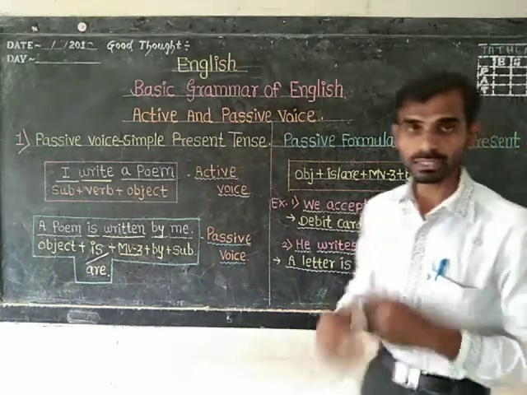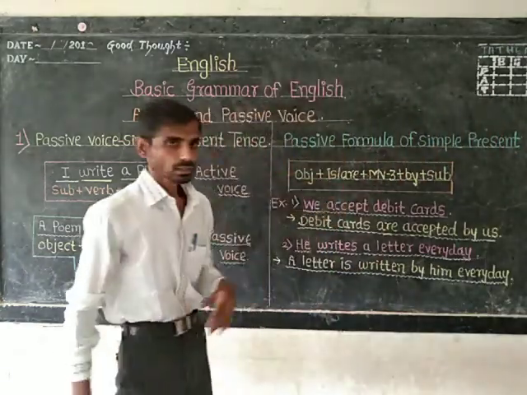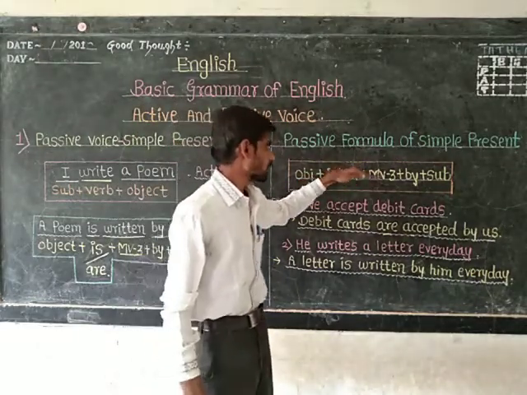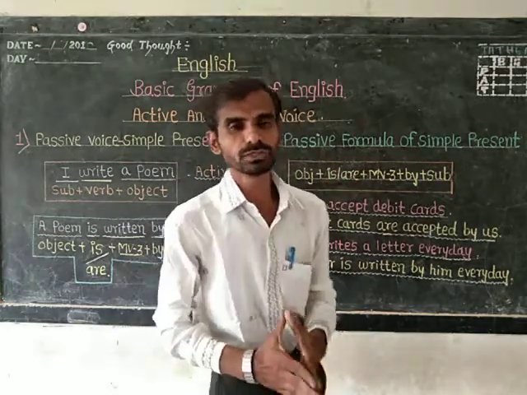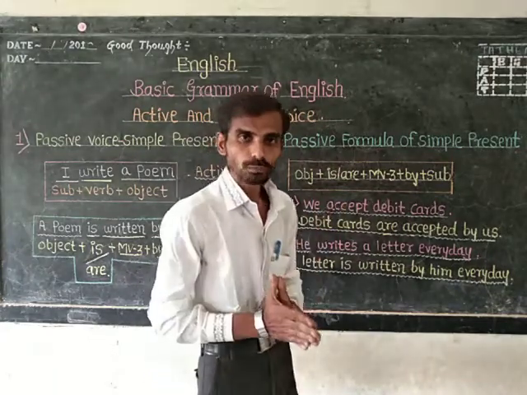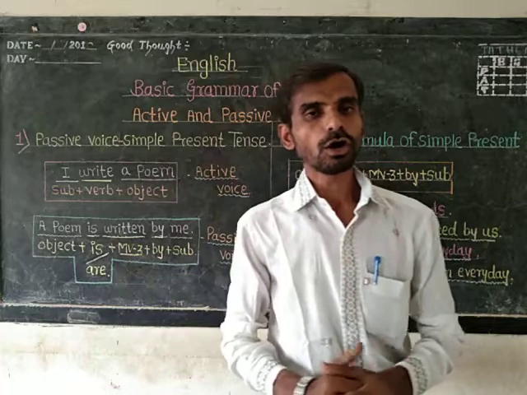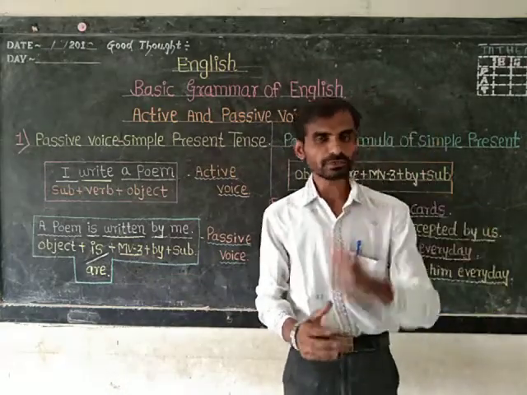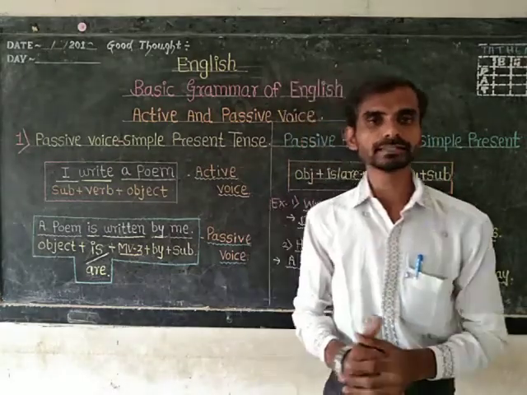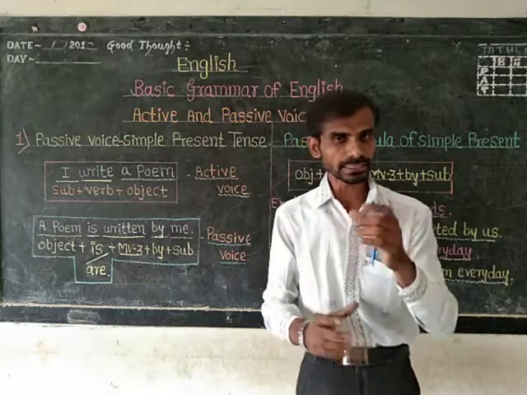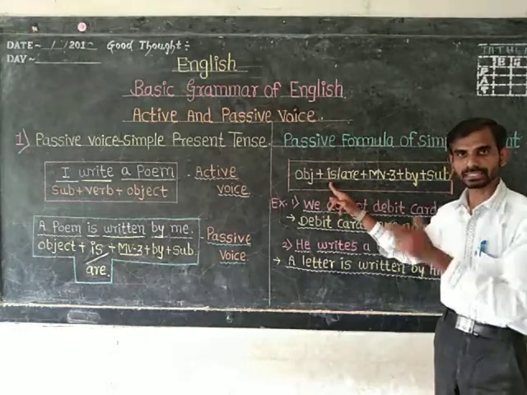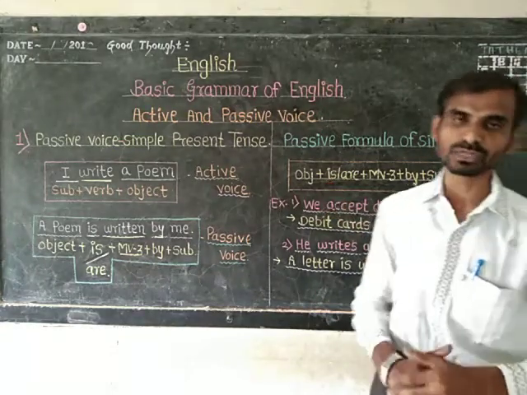Dear friends, now let us try to understand the two helping verbs, either is or are, how to use and where we have to apply in the proper answers. Yes, most important thing, if the object of a question statement is in plural, surely we have to use are. And in case the object of a sentence is in singular, surely that time we are going to use is in our answer or in our passive construction.